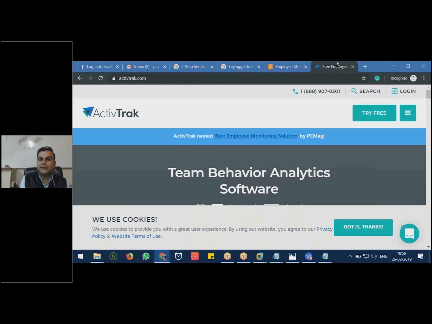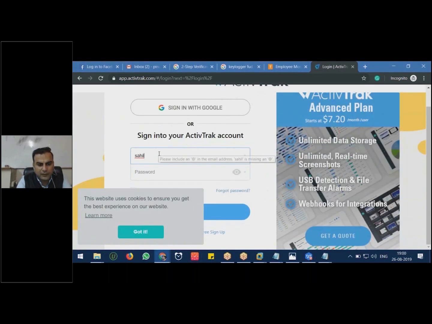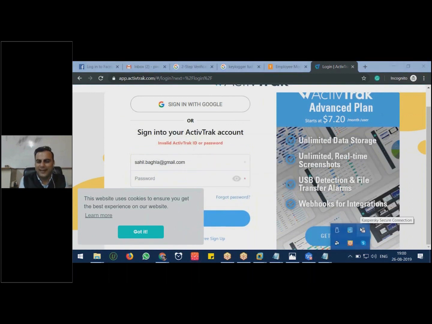If ActiveTrack has been installed in your machine, whatsoever you are searching on the internet, whatsoever you are typing, everything is being recorded. In the case of ActiveTrack, every single screenshot of what you are doing at your machine will come. I just want to showcase it, if I remember my password. If I don't remember the password, I will not waste our time. What I'm typing is being recorded. Remember that I have to exit this one. Why? It's a keylogger and I don't want to hack myself.